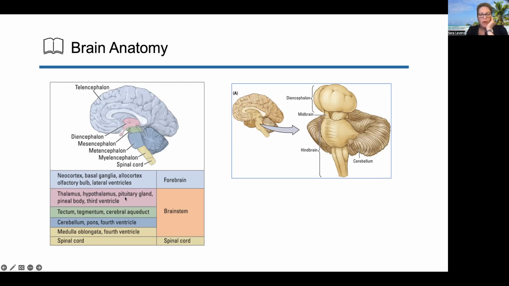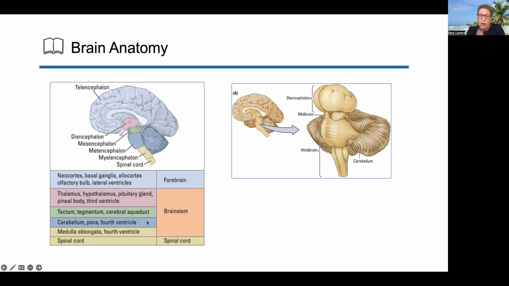All of these up here are critical for hormone release and hormone regulation, and aspects of development, turning hormones on and off at specific times to give rise to the various gendered traits